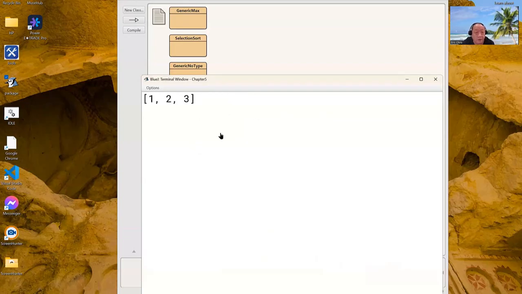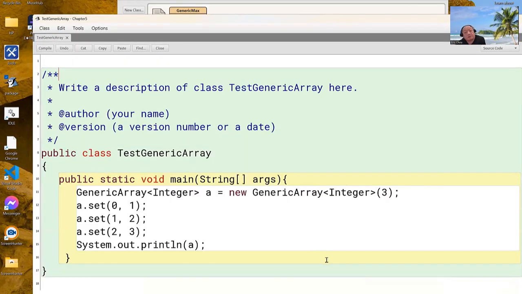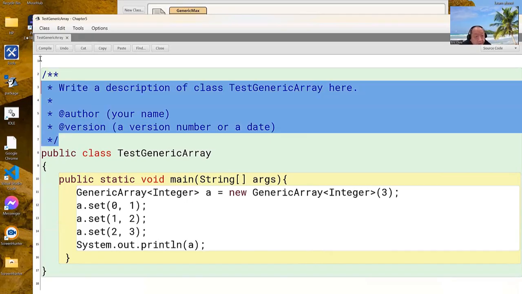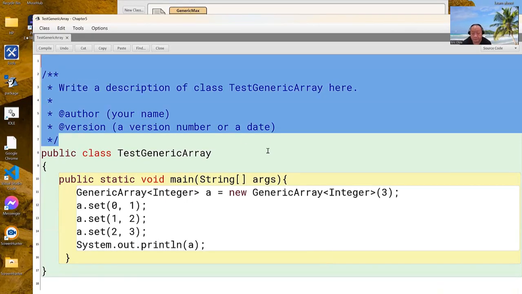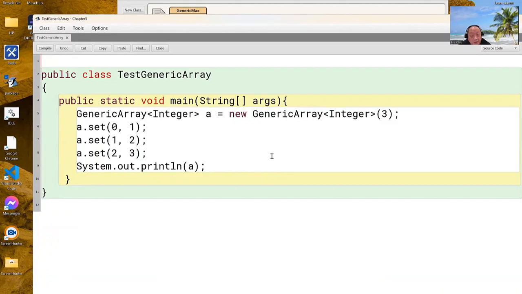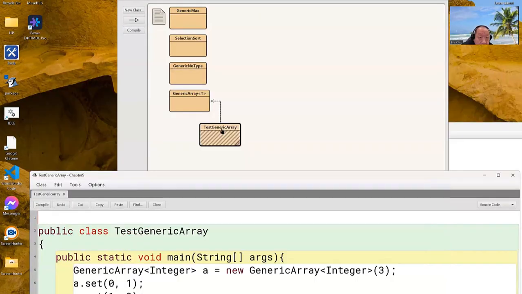Okay, so 1, 2, 3 being printed. Any questions so far? It's created a generic array type. Any questions so far? No. So generic array or generic dynamic array, generic whatever, it will help you to understand how to create a